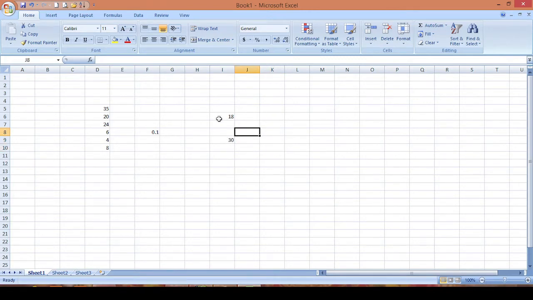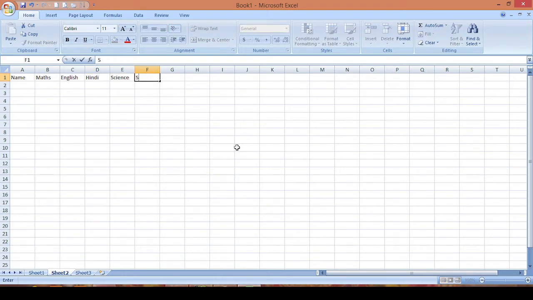Okay, so this is the way you can write formulas when you are using numbers. Now in this second example, I'll take a table where I am taking the name of the student. I will take a few subjects: maths, English, Hindi, science, social. Now I'll take total and here I'll take percent.